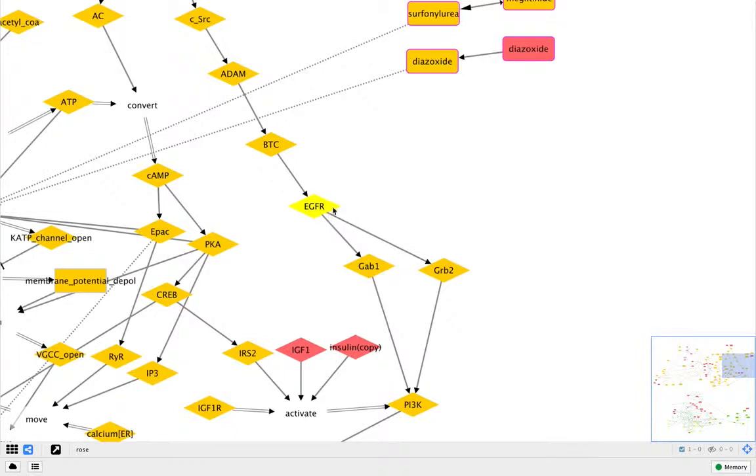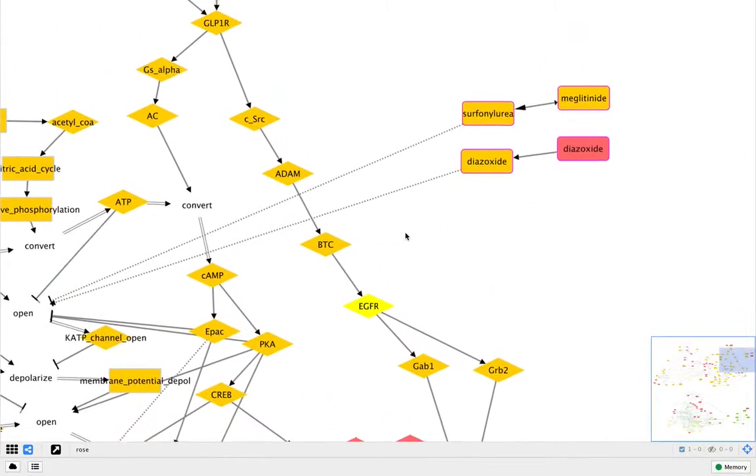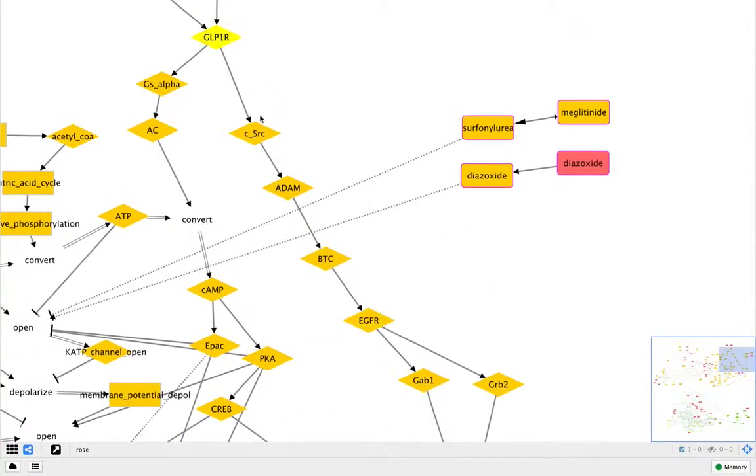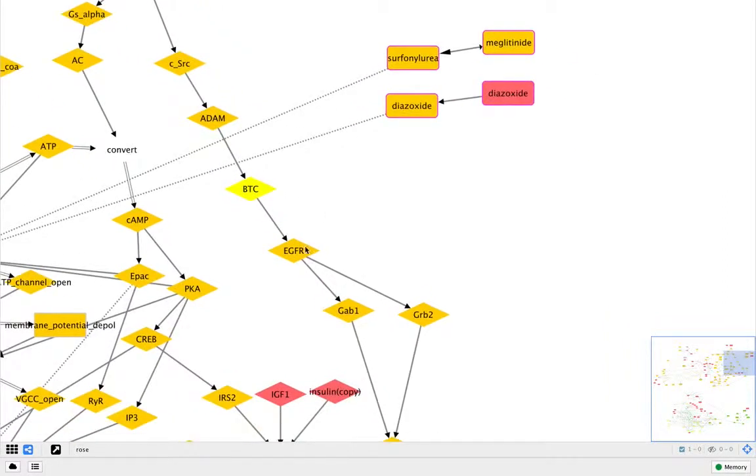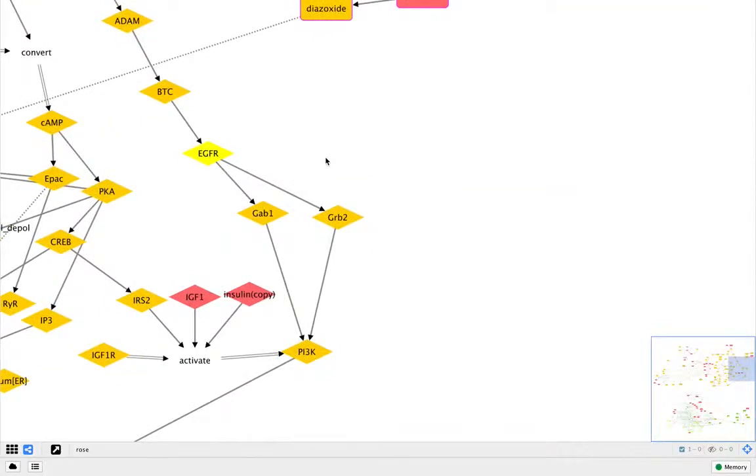So when this EGFR takes the signal from this cascade of GLP-1 receptor, cSrc, ADAM, and BTC, the EGFR activates